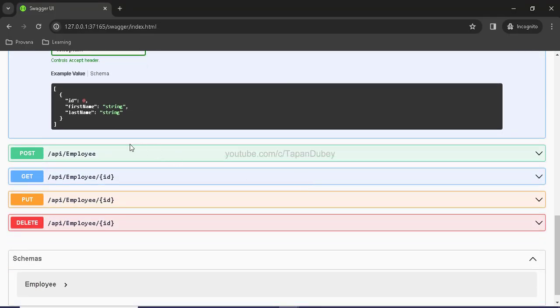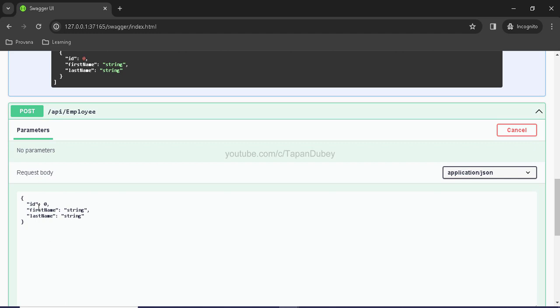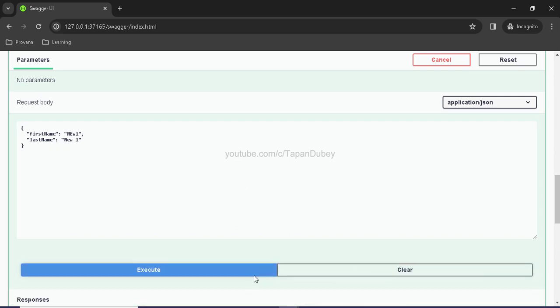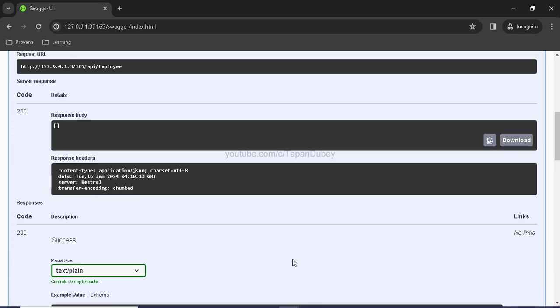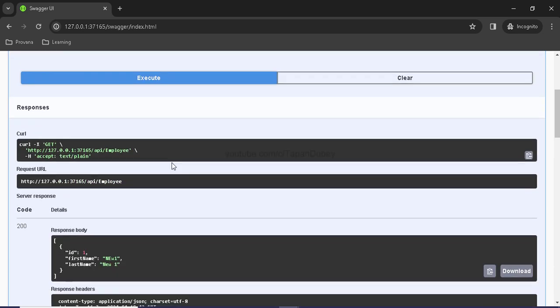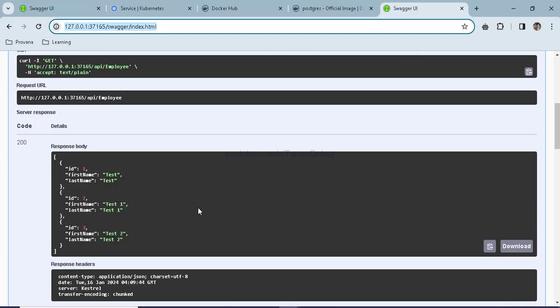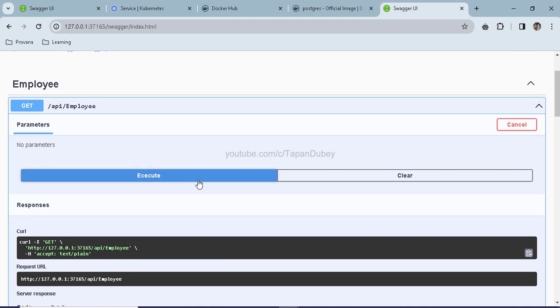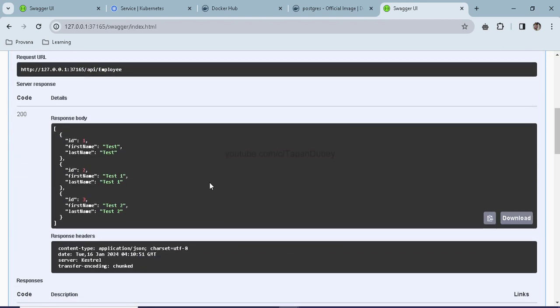Now let me try to post something here. Maybe I will say new one, and execute this. So we received 200, and now let's try to execute this. So we received this new one here, but let's move to this other browser window and execute this. So I'm not seeing this new one in this window, and the reason behind that is